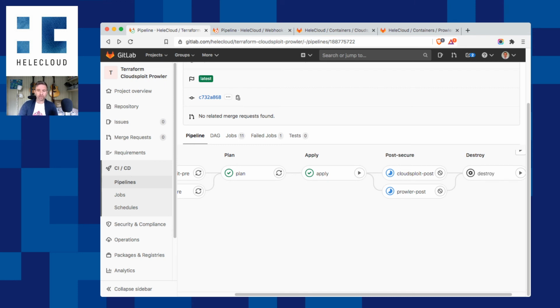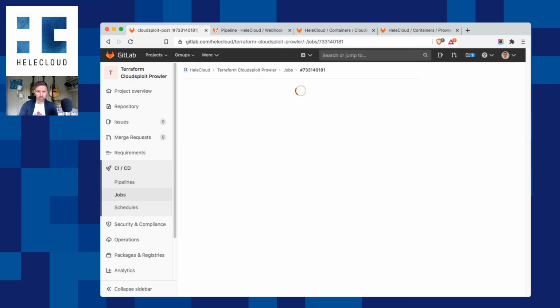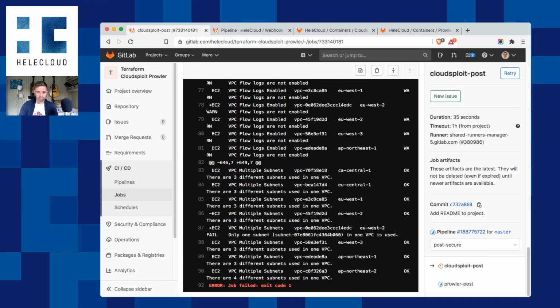And what we should start to see is that after these complete, we should have a failure, and therefore we can say, well, we have introduced an issue at some point in here. And in the same way that could be, say, telling us that we've either introduced an issue here, or there is a separate issue that someone has introduced some drift into our total accounts as that happens. So Cloudsploit is going to tell us that